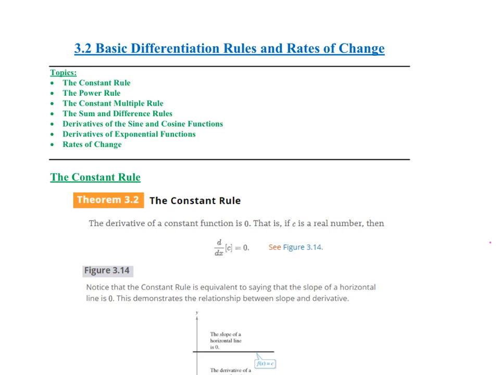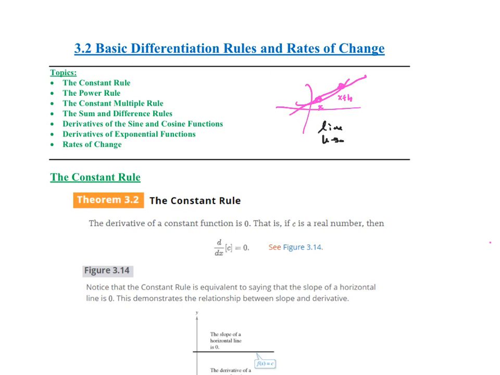This is section 3.2 on basic differentiation rules and rates of change. What we're going to learn is that the limit process showed us how a derivative existed. The idea was, for a derivative, we had a function, and with that function we had 2 points, and we were trying to find the slope of a tangent line, and we used 2 points. We used x and x plus h, and then the definition of a derivative stemmed from that,